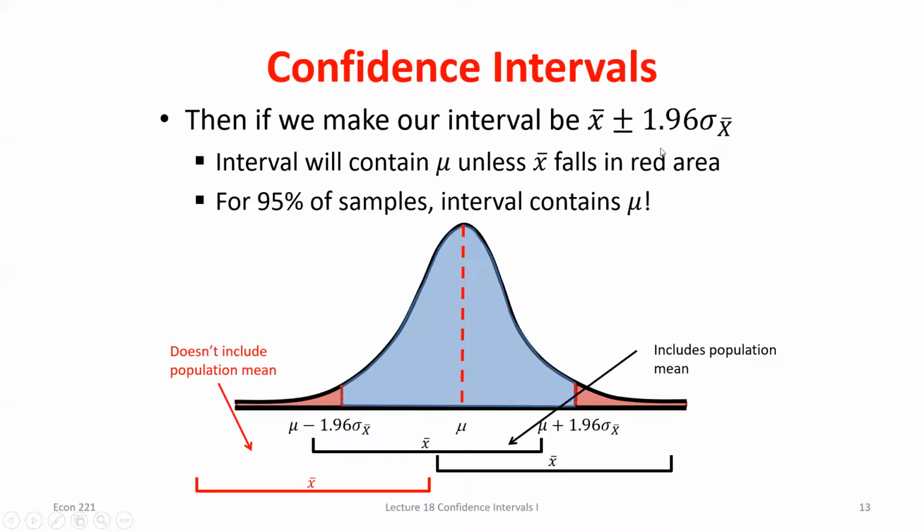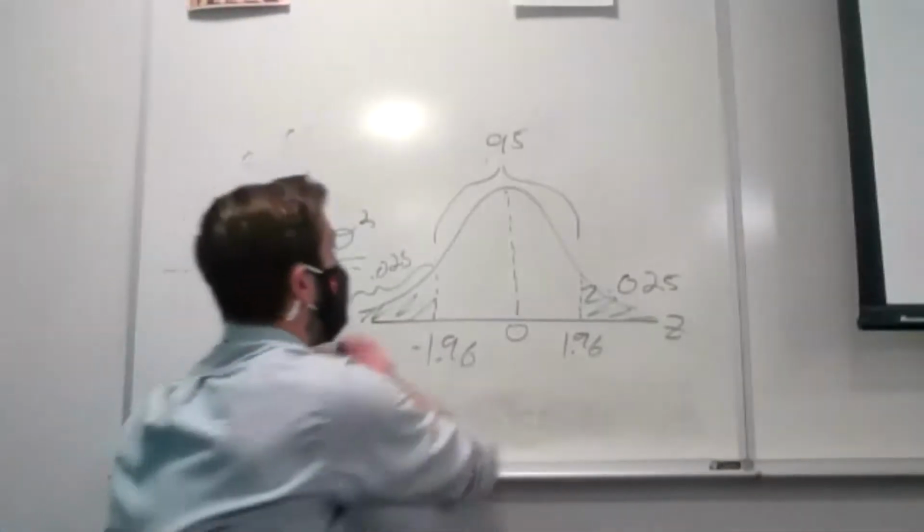We could do this for any level of confidence. Let's say I want to do the 90% confidence level. I would say, okay, I want to find the number of standard deviations I can go above and below the mean such that the probability I see something in between those values is 0.9, or 90%. Well, if I know that the area in between these two values... actually, I'll draw this instead of using this one, just so we don't confuse any of the numbers.